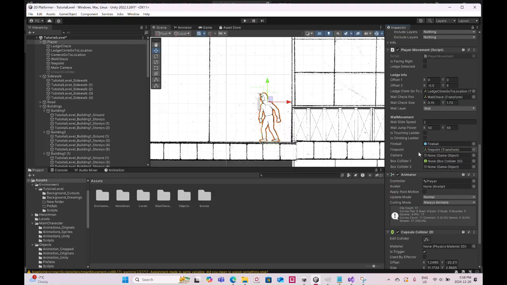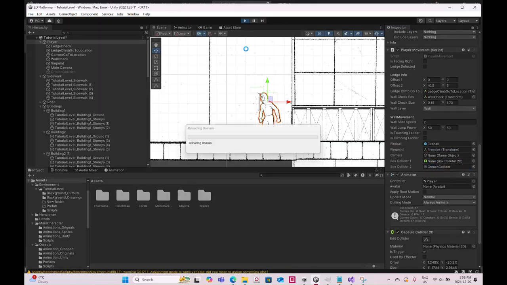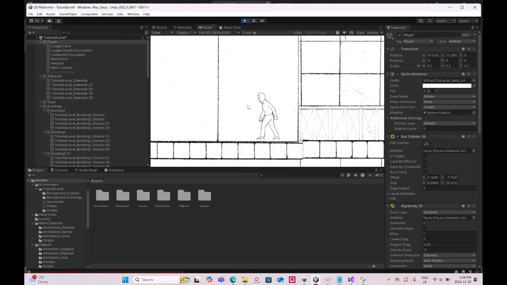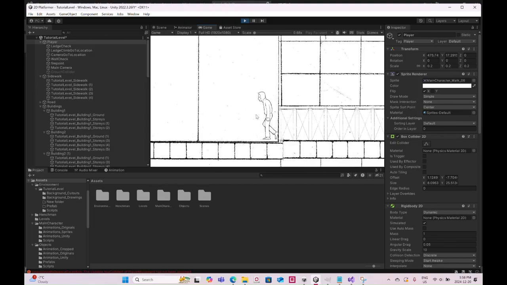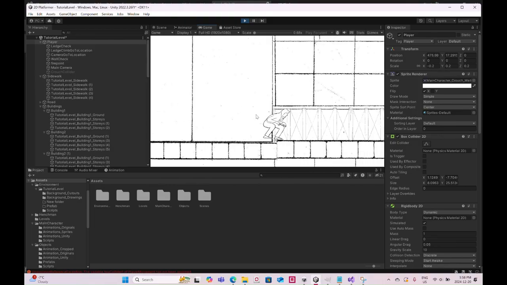So the only thing that I need to dump in is this crouch collider. So if I play, I can't go past this, but as soon as I crouch,